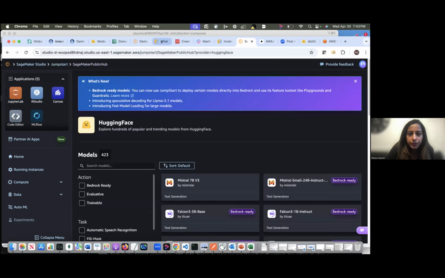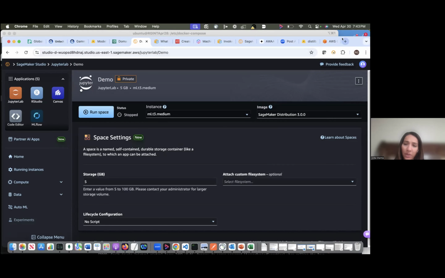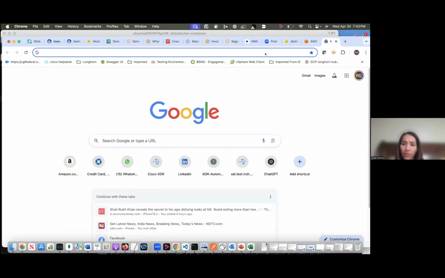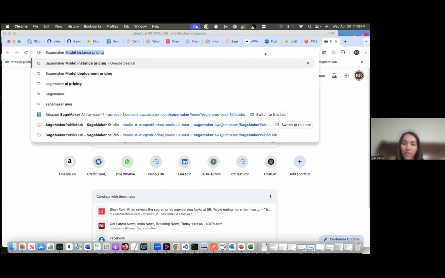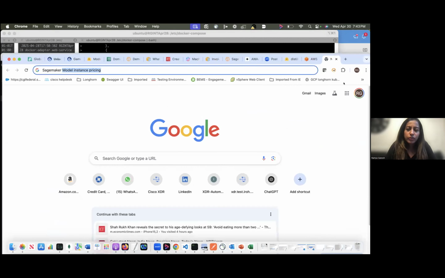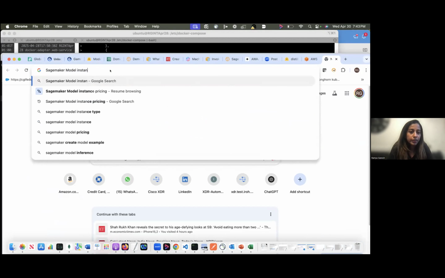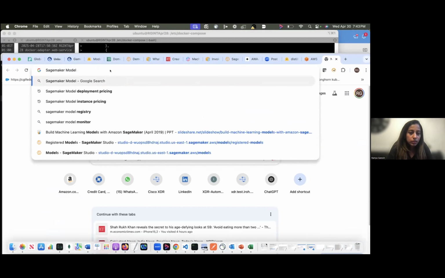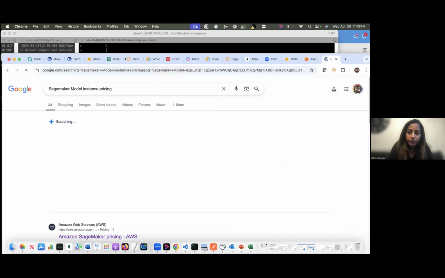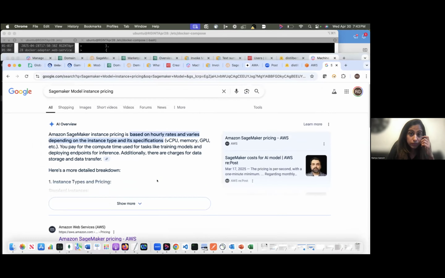I have this already open. Are there any free credits by any chance? Because I know Google and Microsoft offer a bunch of free starter credits. Yeah, for a few things there are free credits, but it depends on what kind of model, and you will be charged only if you are running a model. If you keep a model instance running, you will be charged on an hourly basis. It also depends on what configuration your model is. If it's higher usage, like higher GPU usage, you will be charged accordingly. Let me bring up the model instance pricing. I had already opened it here.